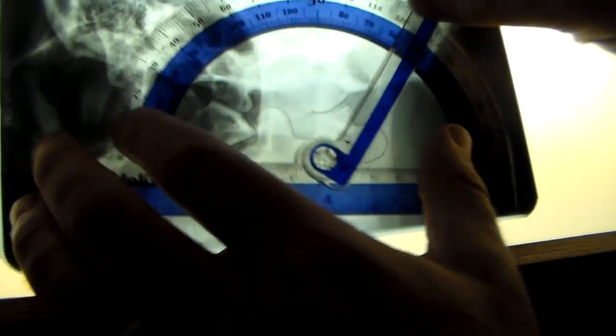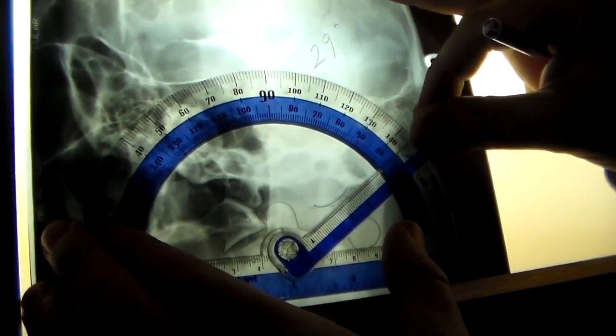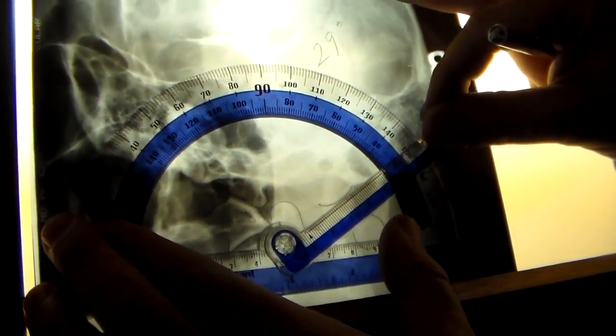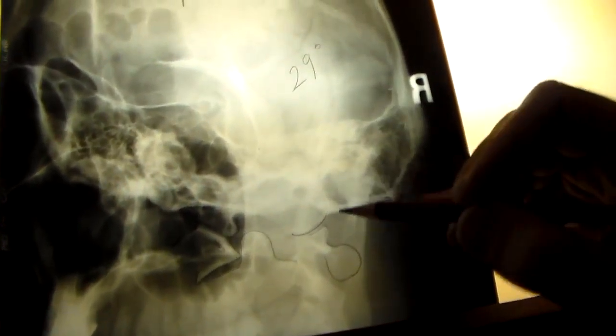So what you're going to want to do, you're going to measure the last 1/3 of that joint, which is right in there, so around 29 or 30 degrees. So we got the right convexity here at 29 degrees, and again the right convergence at 34. So now,